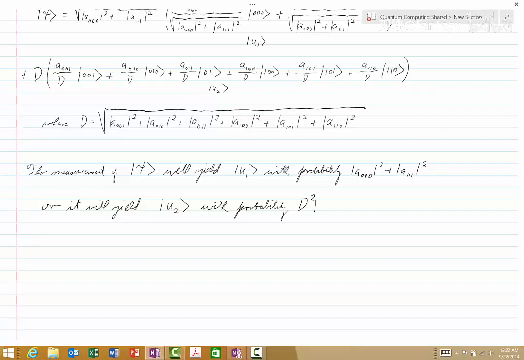Let's perhaps look at exercise 4.11. It's exactly the same kind of idea, but just a different assignment for us now. It says design a measurement